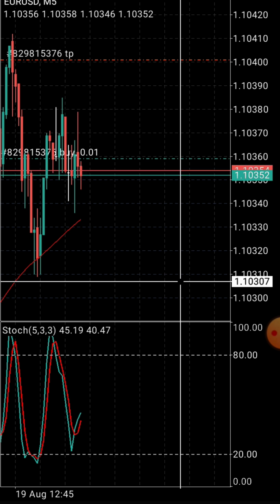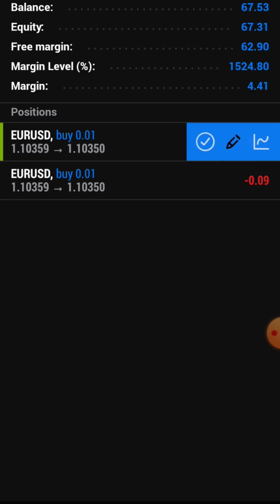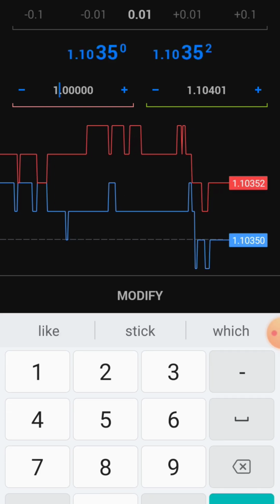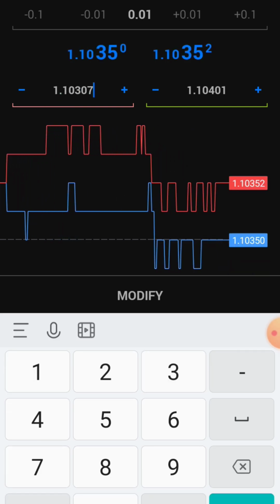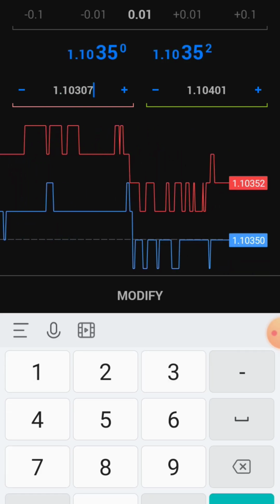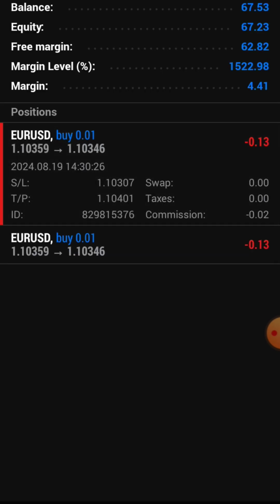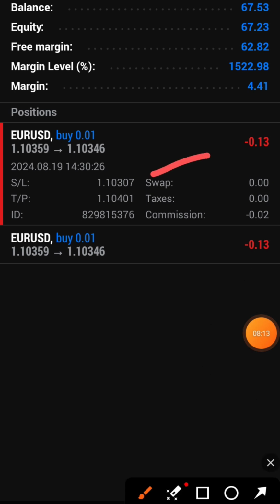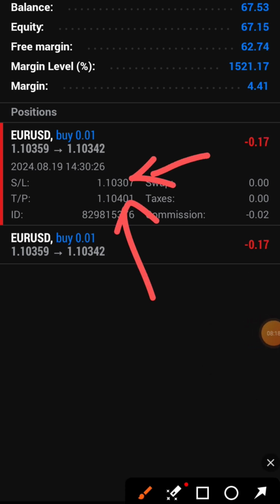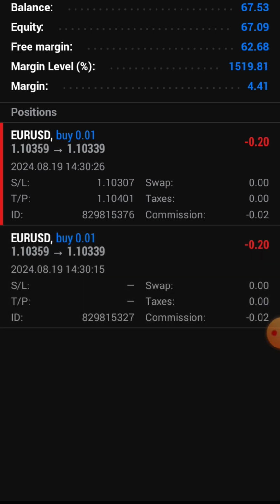Now suppose I want to put my SL here. Suppose below this line I want to put my SL. This is my SL. I have put my SL. You can see, this is your SL and this is your TP. Similarly, I want to put my SL and TP here.